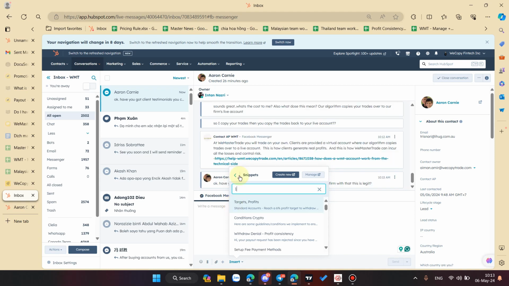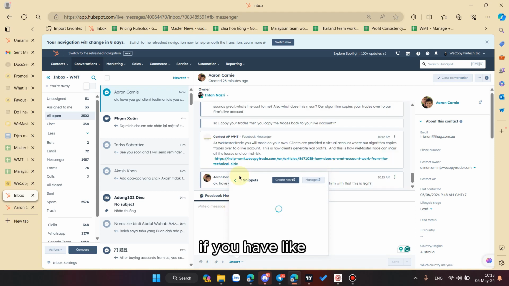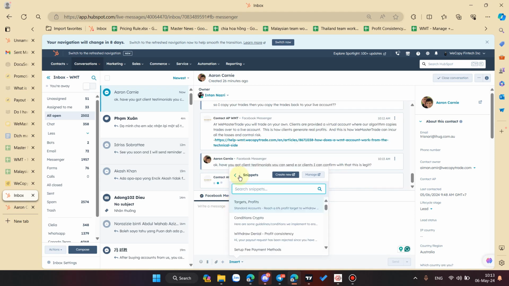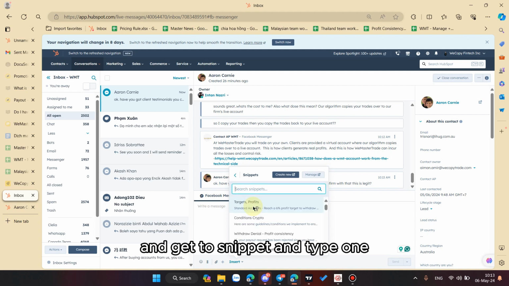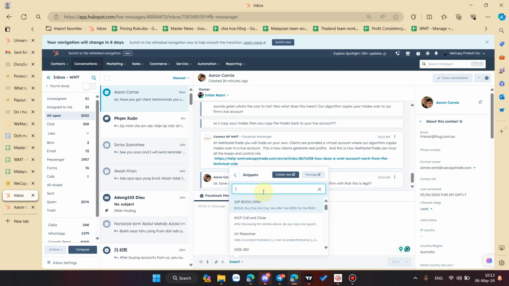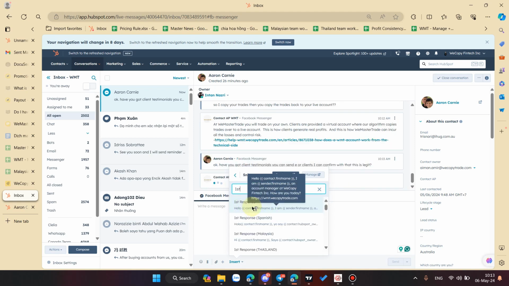So if the first step is to introduce yourself, you simply insert a snippet and press 1. Actually, first you see here the snippet called first response.